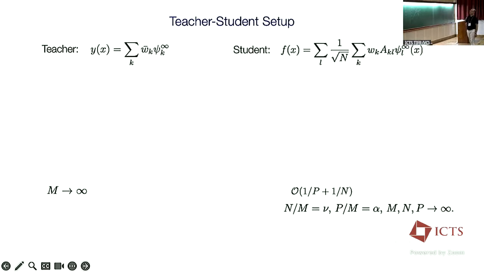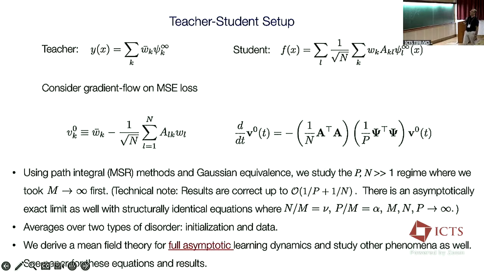Okay, good. So just to summarize, sorry, this shouldn't have appeared here. Let me just show everything. So the teacher model is this, the student model is this. Here I plugged in everything in terms of the infinite width features. And I want to consider a gradient flow on the MSE loss on generated labels based on the teacher and the student. That boils down to tracking the difference between these coefficients and those coefficients, and that's given by this quantity over here. Remember, these are the weights with respect to the finite width features, and A is a random matrix that maps them together.